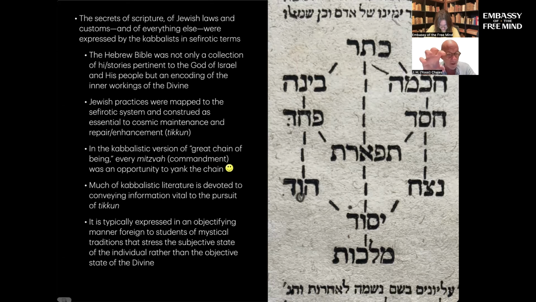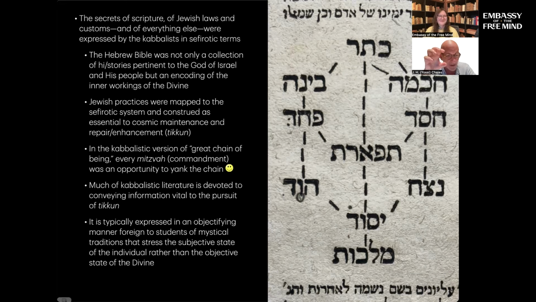When you read a story in the Bible Sfirotically, it is revealed as a guide to the inner workings of the Godhead itself. And Jewish practices are mapped to the Sfirotic system and understood as techniques to achieve cosmic maintenance,